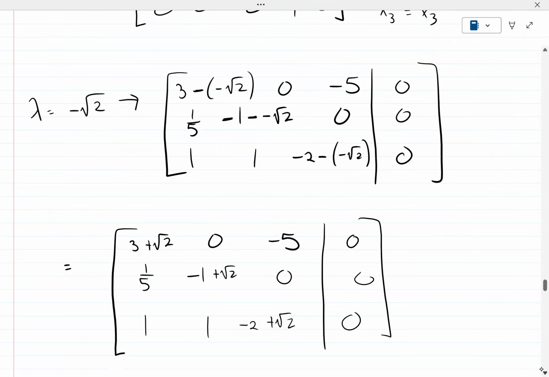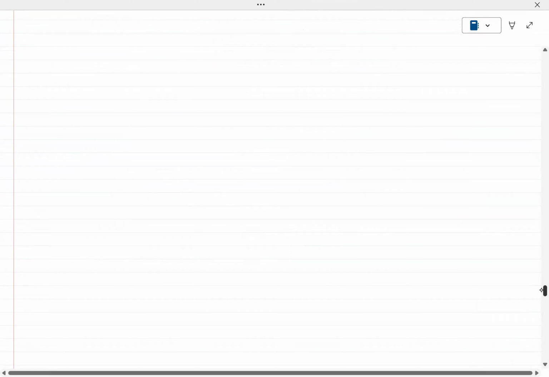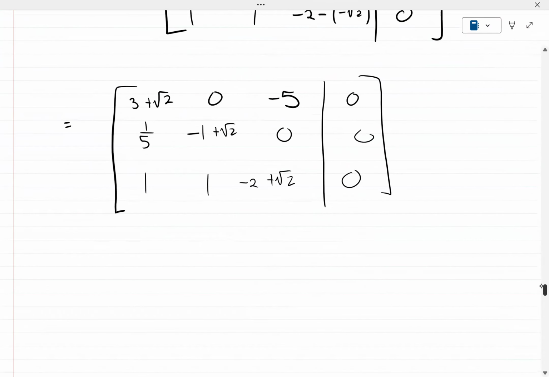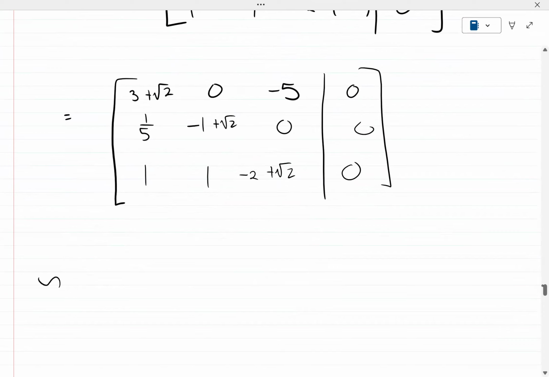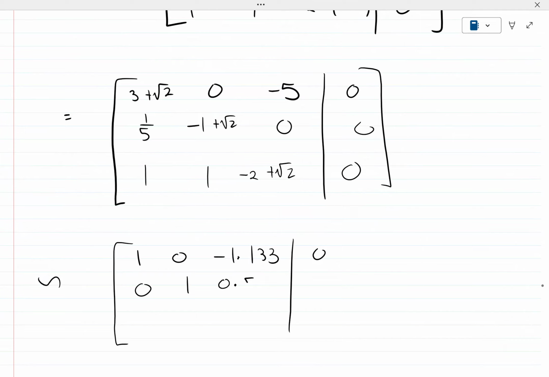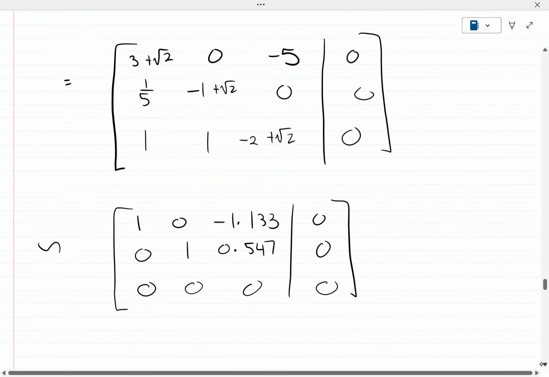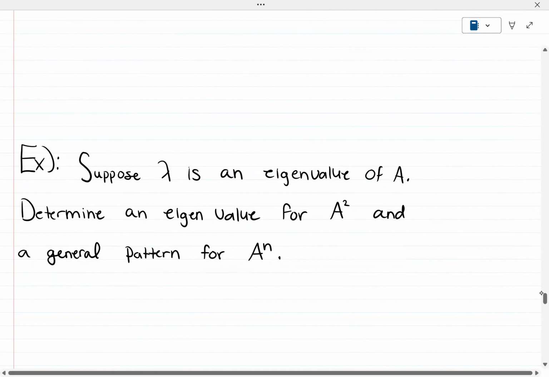And then when you finally row reduce, I'm definitely going to use a calculator because I don't have time. So when you row reduce, this is what you get. 1, 0, negative 1.133, 0. And then this is going to be 0, 1, 0.7, 0, and then this is going to be 0, 0, 0, 0. So what that means is,